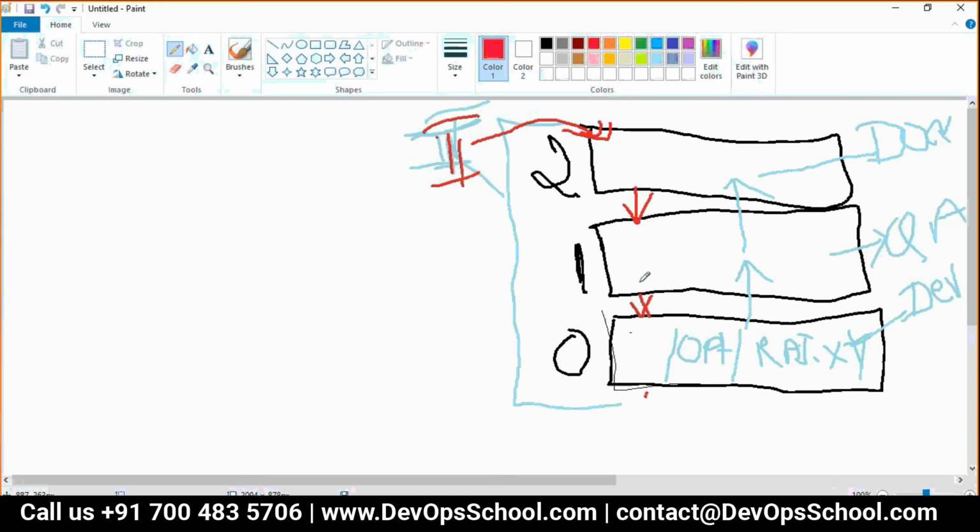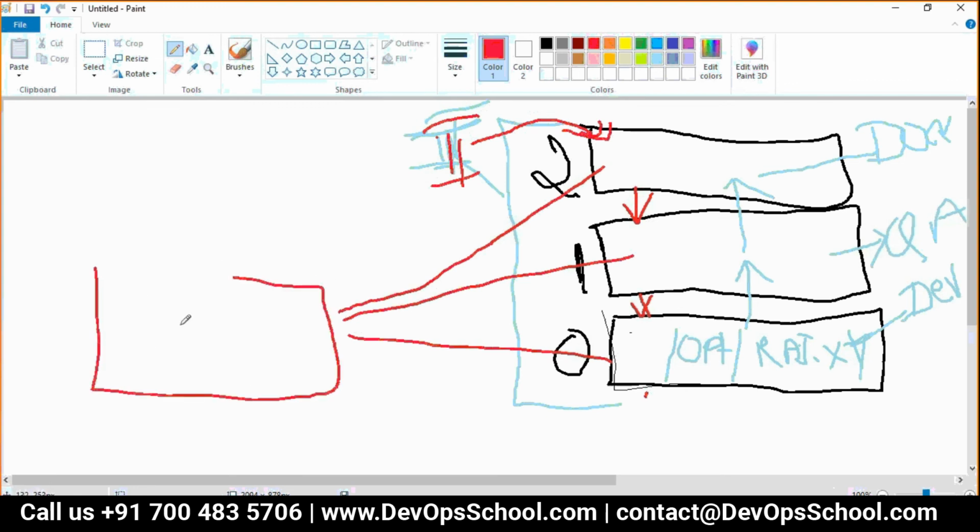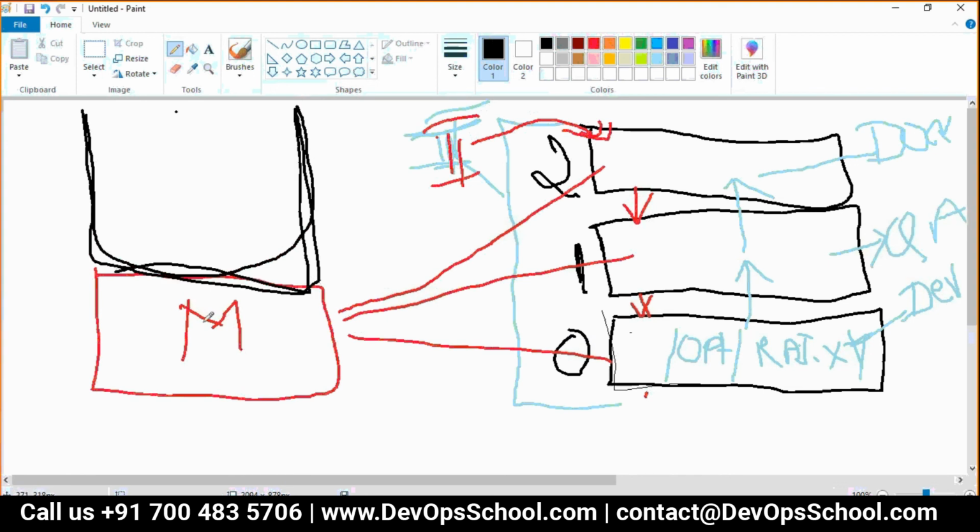Now when you create a container from an image, all these layers get merged together. This is called the merged layer, and then it gets mounted to the user as a container. That's the reason I've been telling you that whatever you have in the image's merged layer, you have inside a container. This is your container. So now, did you understand how it works?